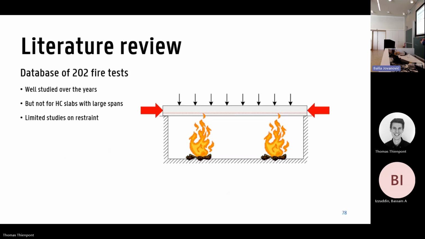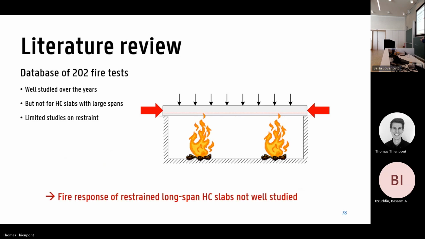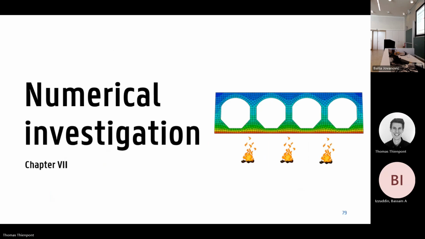A second thing we found is, again, in case of restraints, which I have been talking about in the introduction. There have been some tests on hollow core slabs with restraints, but most of the time the level of restraint is very small, and also there are not too many available. So especially for long slabs and slabs with restraints, we don't really know what's going to happen yet, and that was a reason to study it. So the main outcome of the literature review was that we should investigate the fire response of restrained long span hollow core slabs. And that brings me straight to chapter 7, which is again a numerical investigation, but now including the